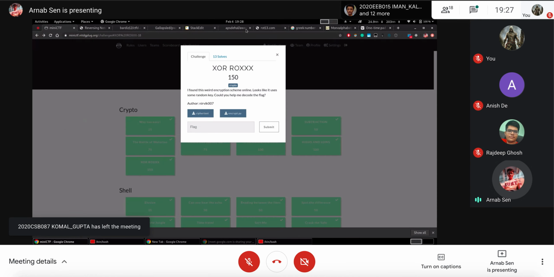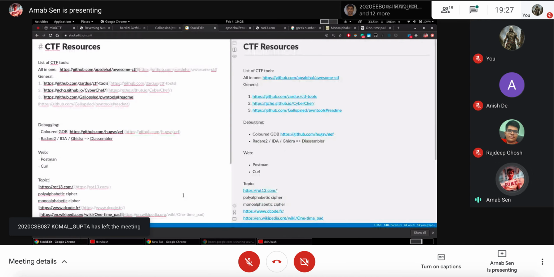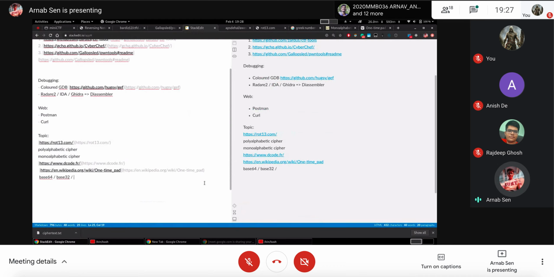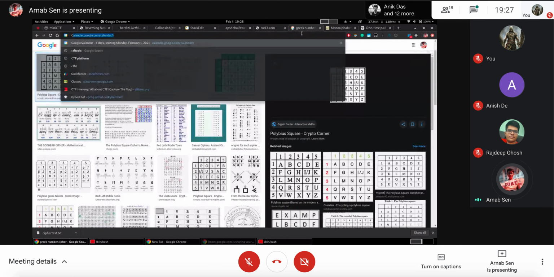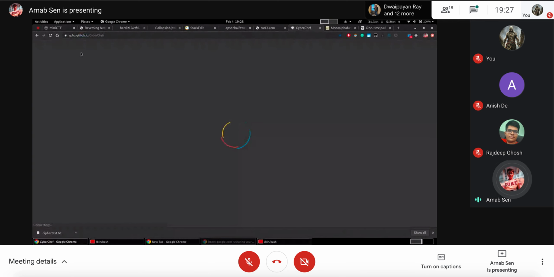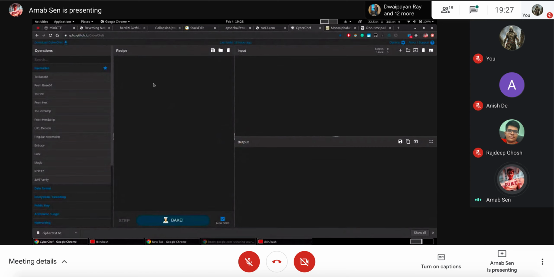Again, you can read more about base 32. There was one really nice question about base 64 that I read. Okay, there is another base that is not very commonly known, which is base 48. You can check that out as well, like in CyberChef. Always keep this tab with this website open, because it's very helpful. And I think base 48.